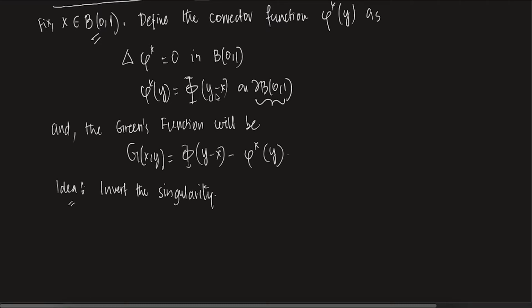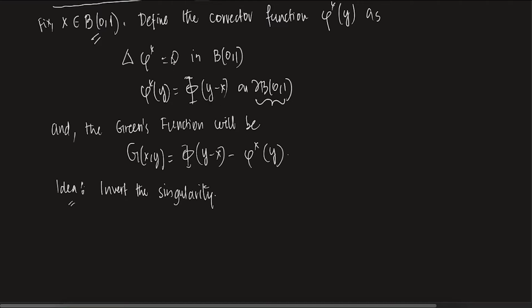Please understand this. What is y? In this case, y is on the boundary. X is a point inside the ball, inside the open set B. Now, here this is defined, no issues. If you define phi of x to be the fundamental solution, of course Laplacian of phi is 0 for all x not equal to y. Is this clear? There is no problem here because y is always on the boundary and x is in the interior of the ball, so y is never equal to x.